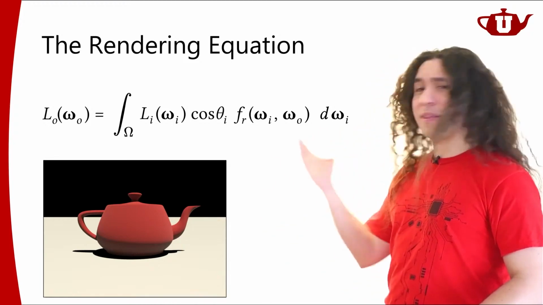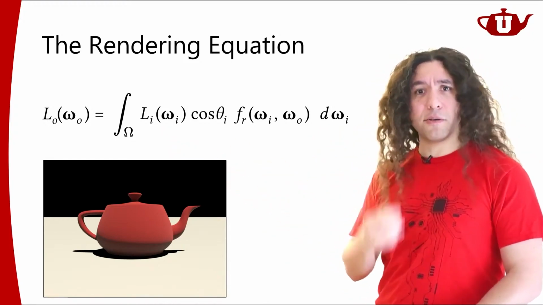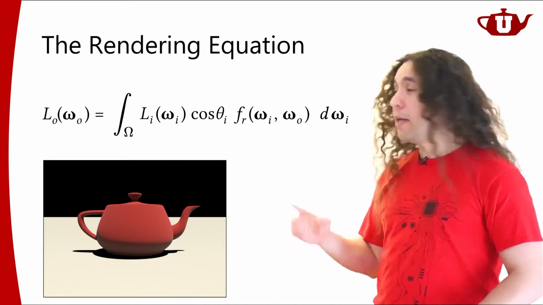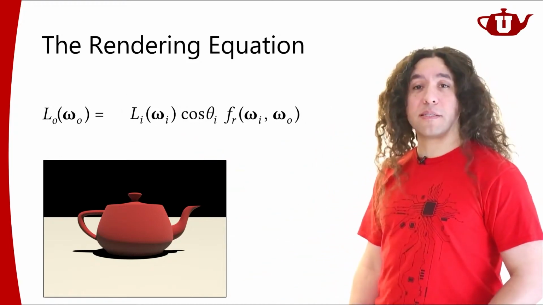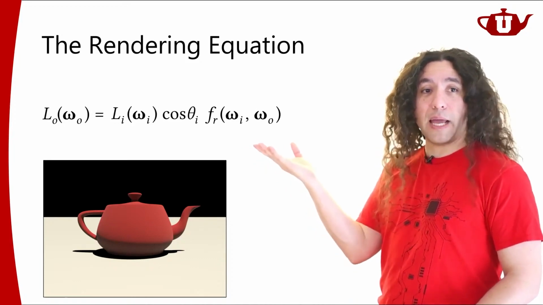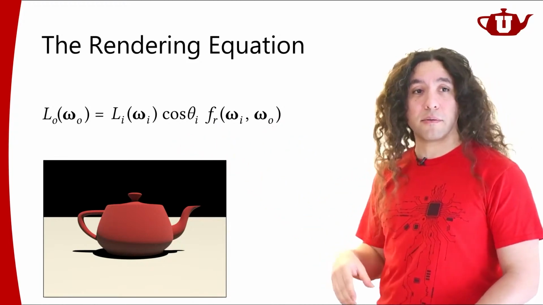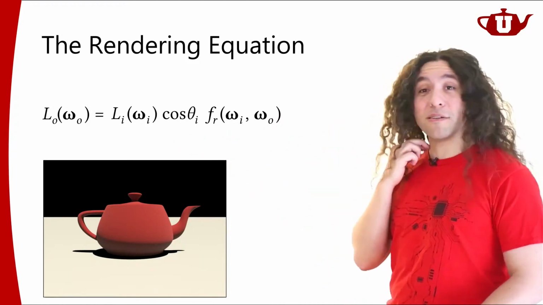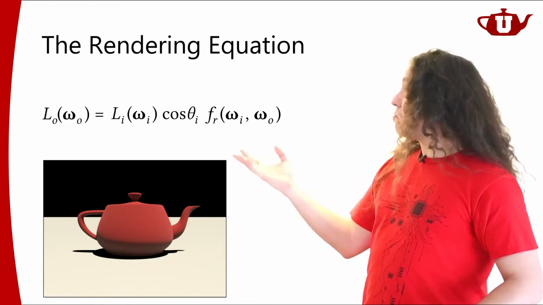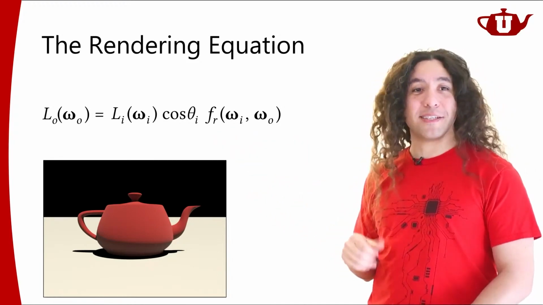So, if this incoming light function Li is 0 for all other directions except for a single omega i, then this whole integral collapses to this, right? It's the same thing because all other directions are 0. So I can compute this integral very easily if this is the case. So there you go. This is what we've been doing for a single light source. And we've been doing it right, it seems.